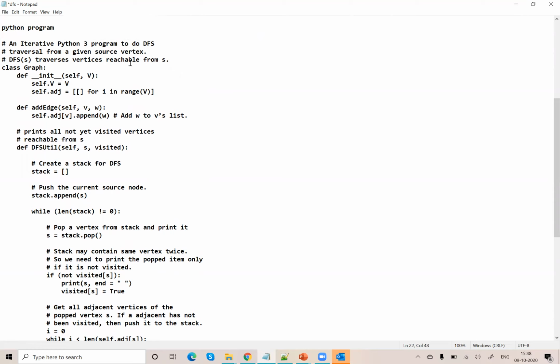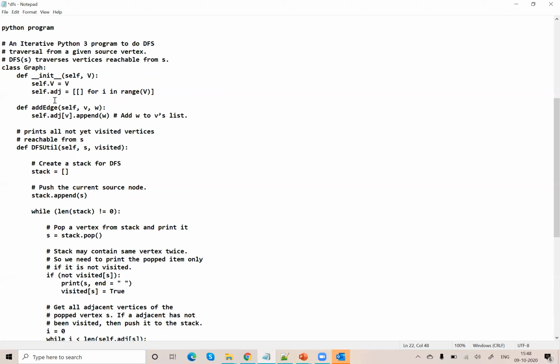So using the constructor, we are creating a graph self with a number of vertices v. Now self.v is equal to v. The number of vertices is going to be stored in v.